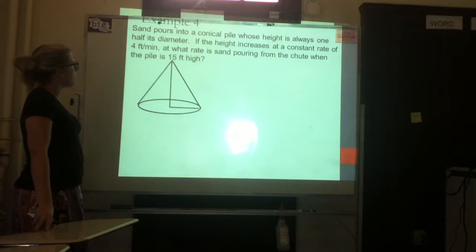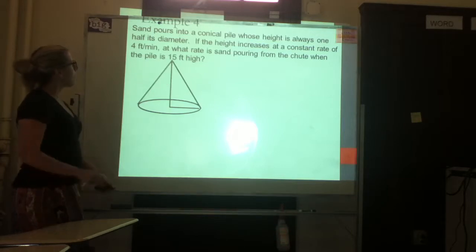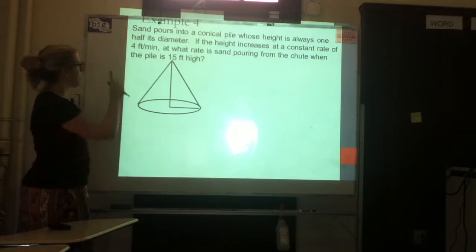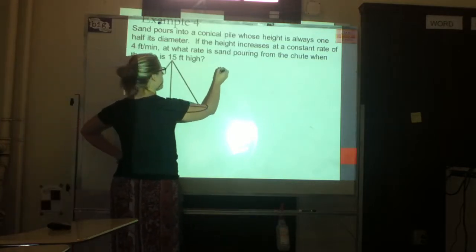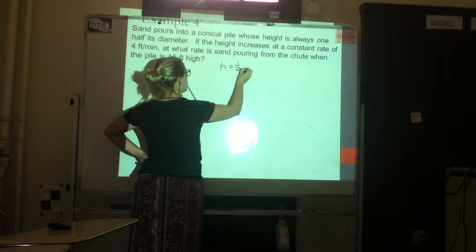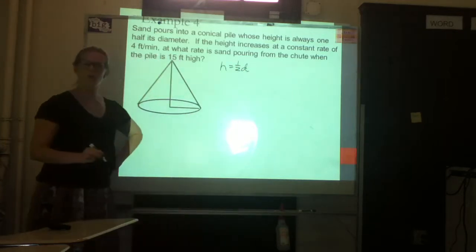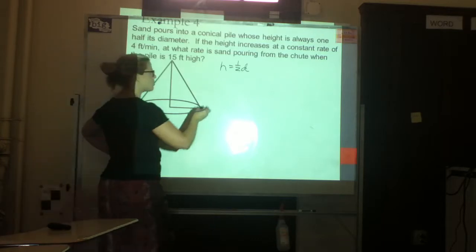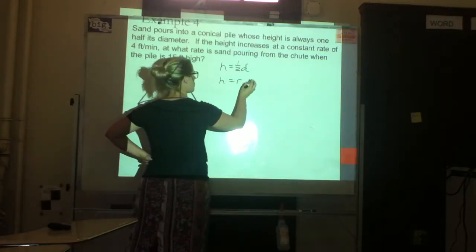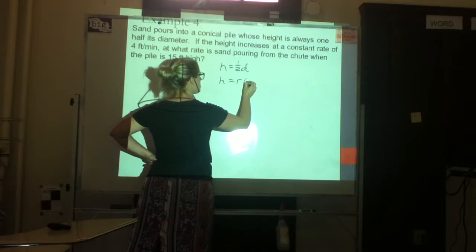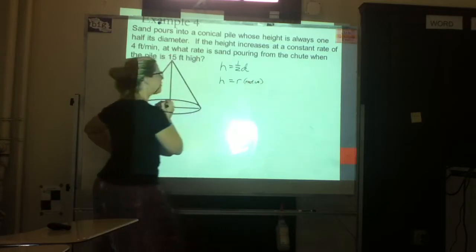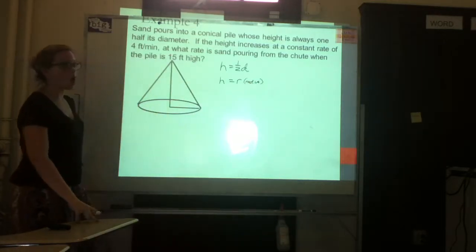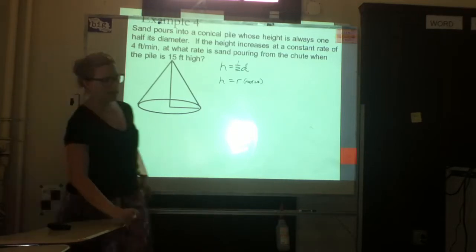So here's my thing. Okay, so height is always 1/2 of diameter. So I'm just going to write that. h equals 1/2 of d. Now, 1/2 of d is also known by another variable, yes? So I'm just thinking ahead. It equals the radius. Okay. So height is equal to the radius always. Okay. So as my sand pours in,